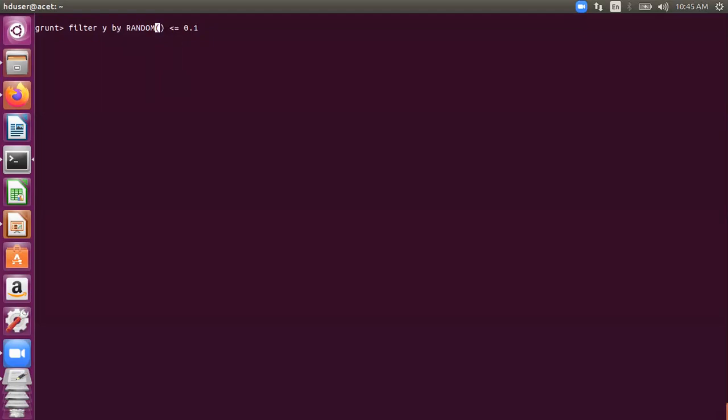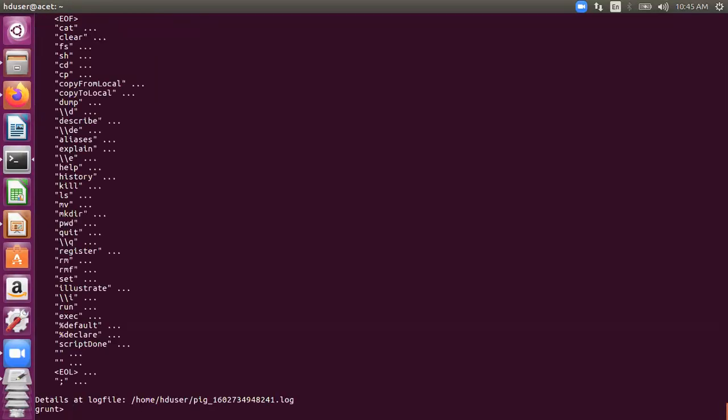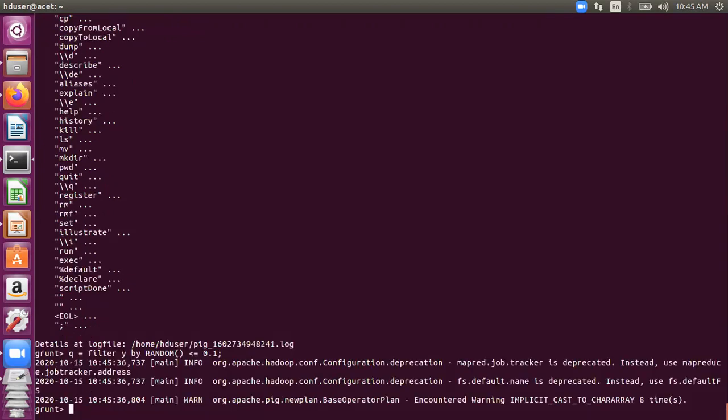This command is equivalent to the sample command you just did. It will give you a 10% sample from your relation Y. Obviously, if you are using filter, we need to have another relation on the left, and then we can store Q, right?